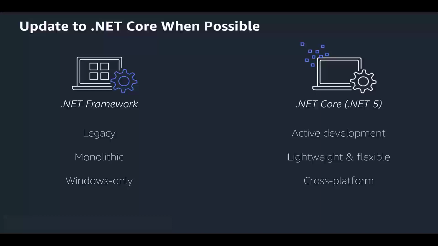To help you along this journey, in July 2020, AWS released the Porting Assistant for .NET, which scans .NET Framework assemblies and generates a compatibility assessment. This tool identifies .NET Framework dependencies and APIs that are incompatible with .NET Core and finds known replacements where applicable. This helps reduce the manual effort needed to port your code.